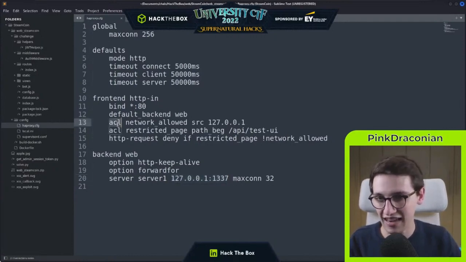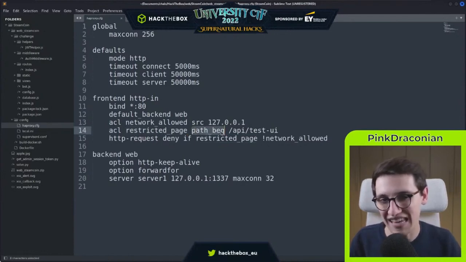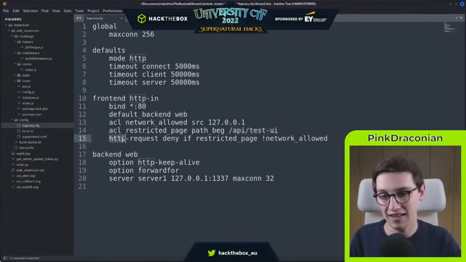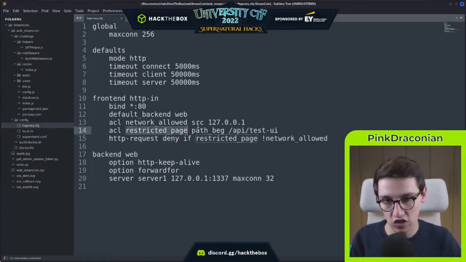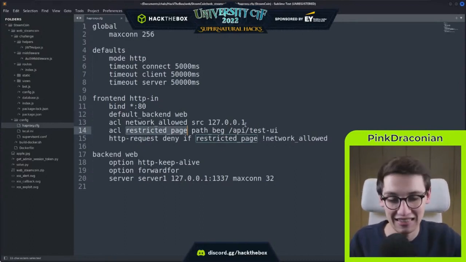Then it has these ACLs, 2 of them, and the bottom one is the most interesting one. So this is an access control. It's named restricted page, and it's triggered if the path begins with /API/test/UI. Okay, what happens then? Well, it's gonna deny any HTTP request if restricted page is true. So if the path begins with test UI, it's gonna deny that HTTP request, and that is exactly what is